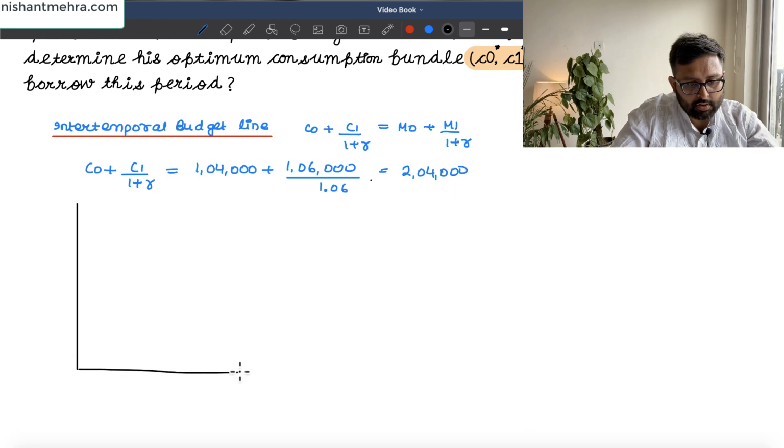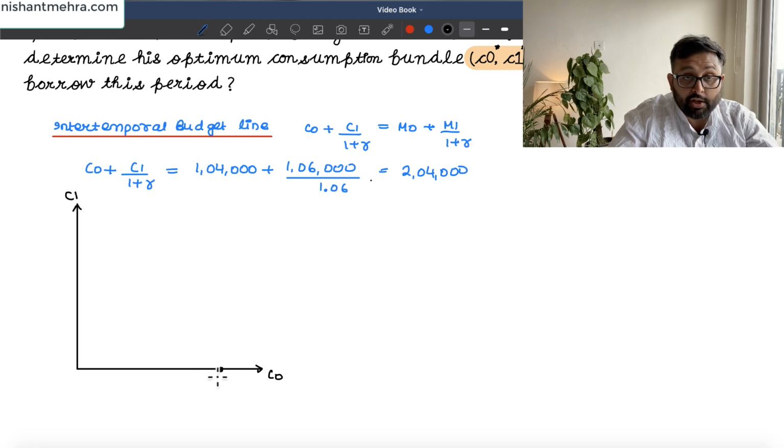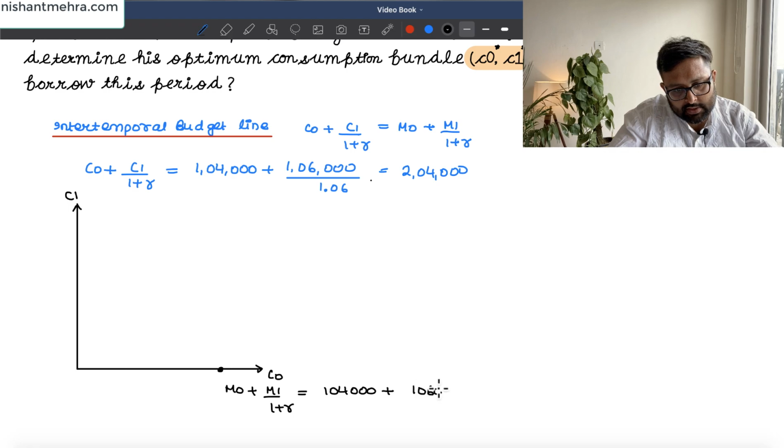So I'm just finding out this point. This is C0 here, this is C1 here, and this is the point where you're consuming everything in this period. So this is M0 plus M1 upon 1 plus R, and once you plug in these values, which is 1,04,000 plus 1,06,000 upon 1.06,